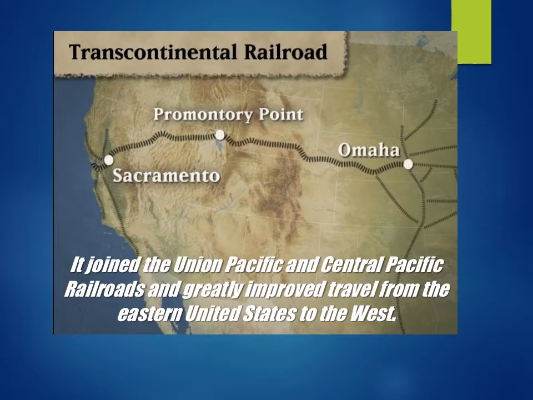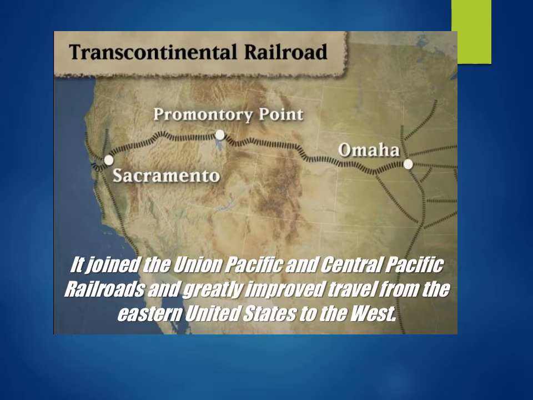If you look on the map, you can see that from Omaha to Promontory Point, they had to build a lot more track. They covered more ground, but they had the advantage because it was mostly flat ground. The Union Pacific, from Sacramento to the middle point, they had to go through the Sierra Nevada and the Rocky Mountains, which obviously is a lot more difficult and a lot more labor intensive.